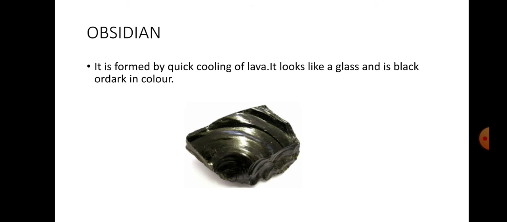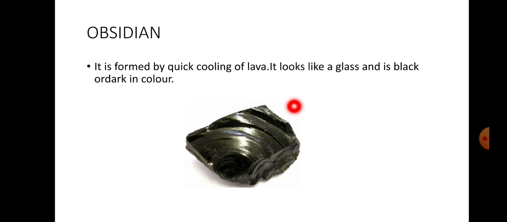The third type of igneous rock is obsidian rock. When a volcano erupts, lava comes to the earth's surface and forms a rock called obsidian. It is formed by quick cooling of lava. Very quickly, as soon as it comes to the earth's surface, the lava gets cooled down and forms obsidian. Most of these rocks are formed when lava cools immediately. We have just seen basalt and pumice are also formed when the lava cools very quickly.